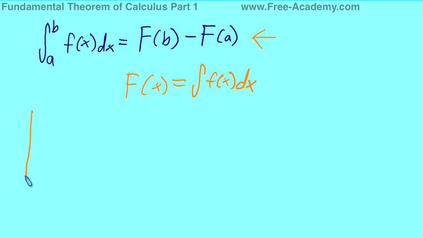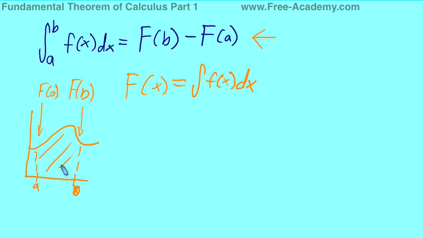So really what this is saying is that if you have a curve from A to B and you take the integral of that curve, the point that you evaluate at B, minus the point that you would evaluate at A, is going to give you the area underneath the curve. Now this may not make a lot of sense on the graph that I gave you here,